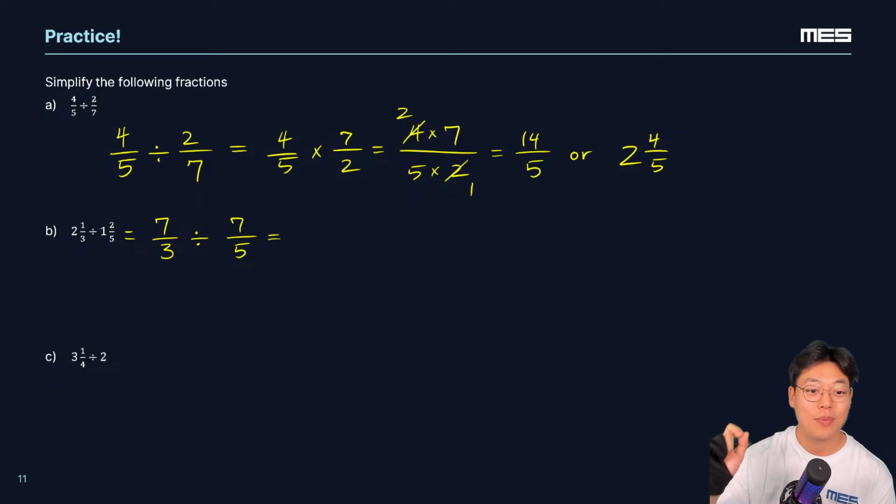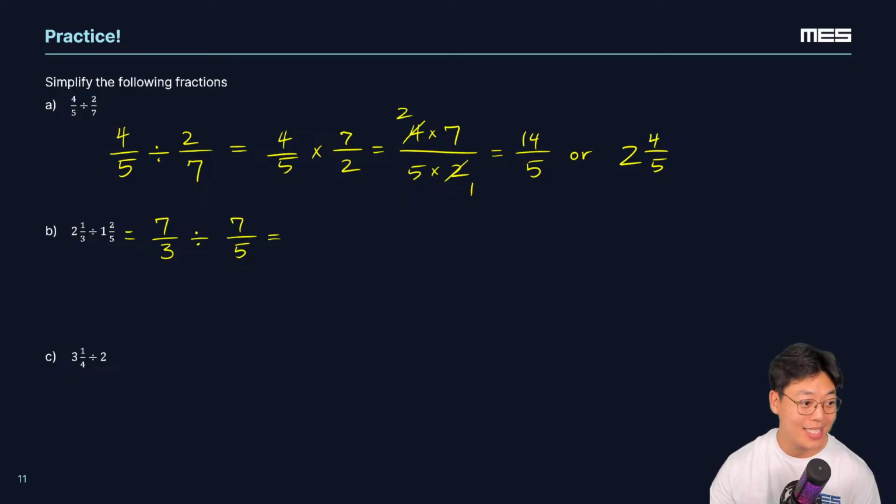Knowing that now we can solve this out, if we divide by 7/5, what's another way we can rewrite this so that it's more comfortable for us? Because right now, if we wrote this straight across, it'd be 7 divided by 7, which we know is 1, but 3 divided by 5 can make us a little uncomfortable. So instead, what we do, Chloe, exactly, we flip the fraction we're dividing by.